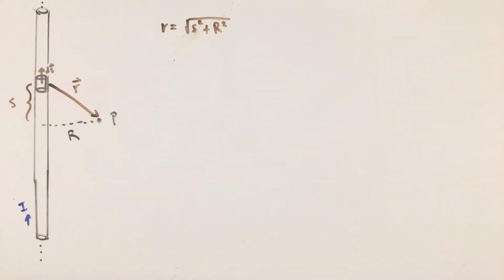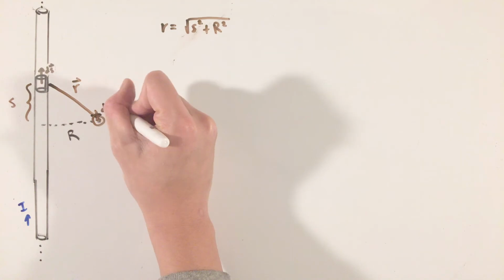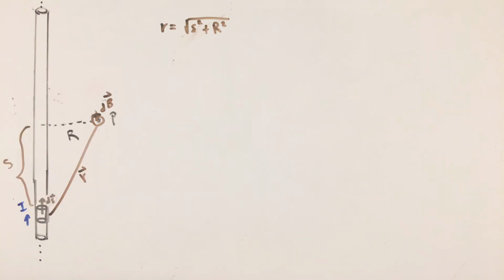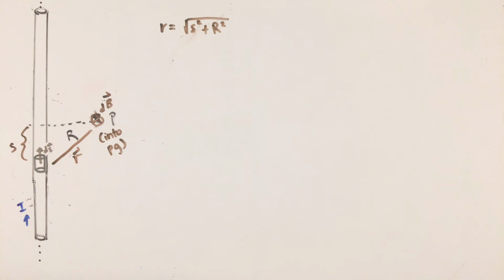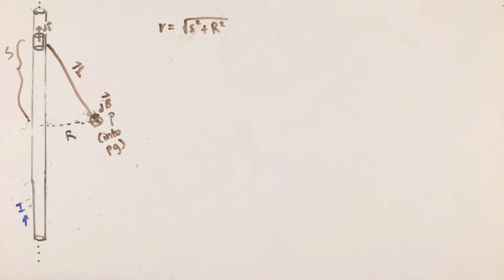In addition, the direction of our cross product, ds cross r hat, can be found using the right-hand rule to be into the page. Now, the good thing about this situation is that regardless of what ds we are examining, the cross product of the numerator will always point into the page. Because of this, we can directly integrate or sum up all of these dB infinitesimals with no constant or corrections